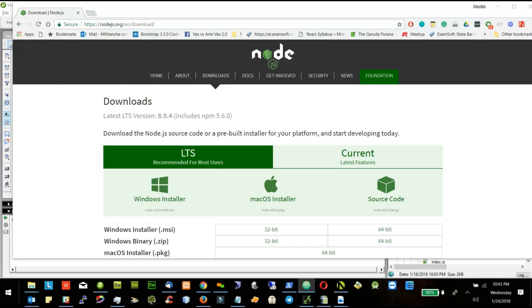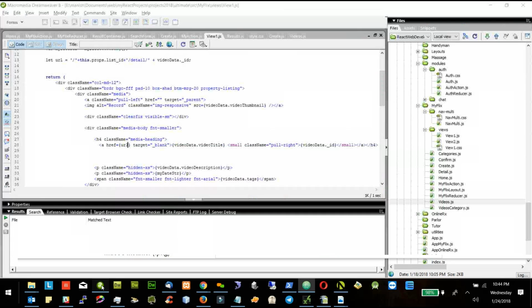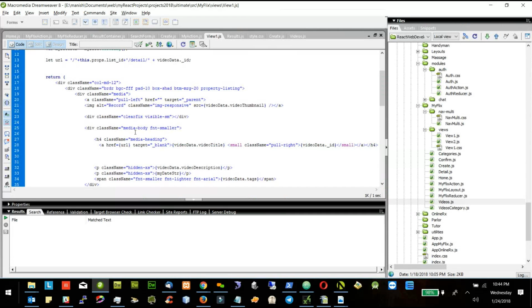Hey Manish, just a quick question. Is Dreamweaver free software or is it licensed? It is licensed, but I use an old version of Dreamweaver. I can give you the link for that and it is free because it's an old version. All right. So you want that link? Sure, definitely. Okay, what is your name? Ramji. Okay, I will send you an email with the link to Dreamweaver. Okay, Manish, thank you.